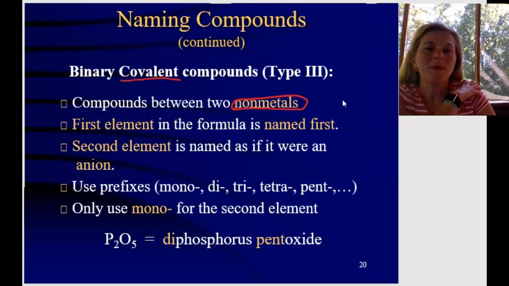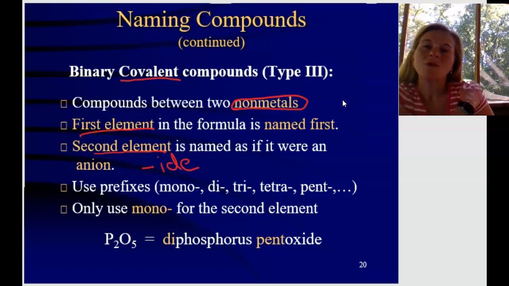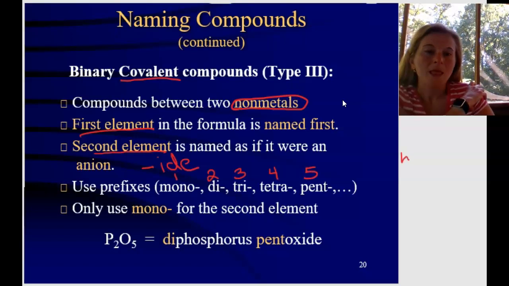Next, we're naming compounds that only have nonmetals in them. So the first element just gets its name. The second element is going to be named the same as if it was an anion in an ionic bond, which means that we are going to put on the "ide" ending. But then we're going to use prefixes to tell us the number of atoms that we have present. So we have mono for 1, di is 2, tri is 3, tetra is 4, penta is 5, hexa for 6,